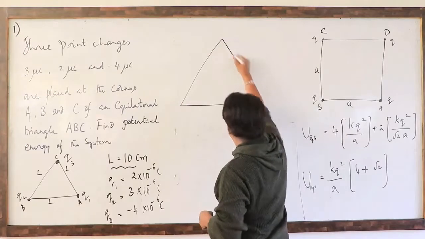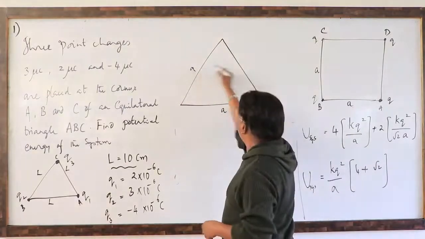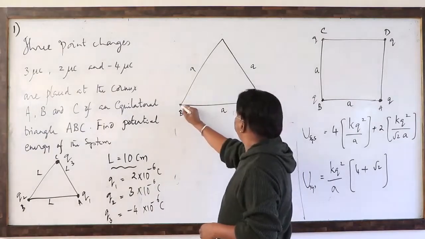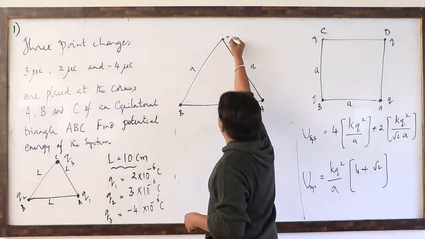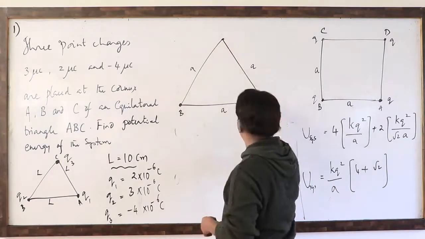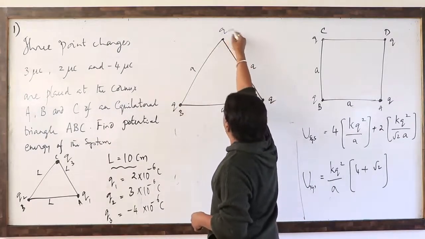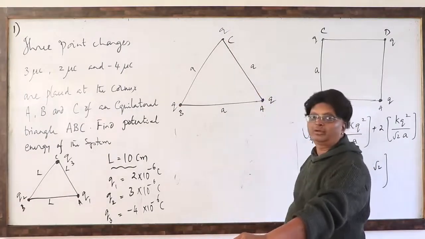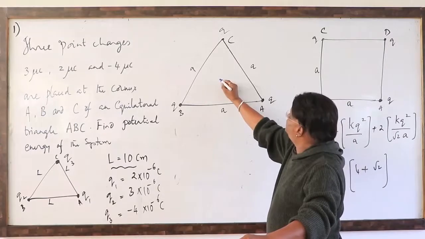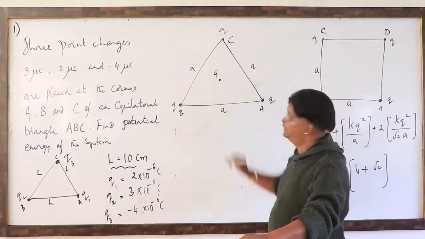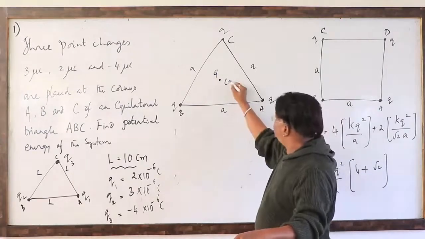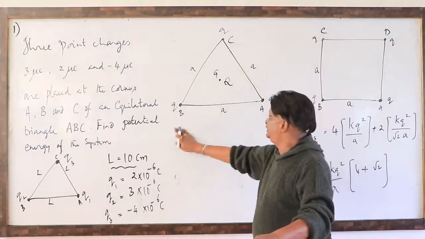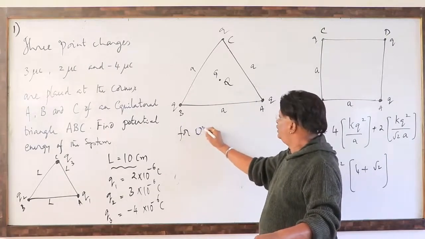Suppose this is an equilateral triangle, and all these corners A, B, C are occupied with the charges Q, Q and Q. This is the corner C. Identical charges occupy the three corners of an equilateral triangle. This is the centroid, capital G. Now the question is, if I place a charge capital Q at the centroid, for what